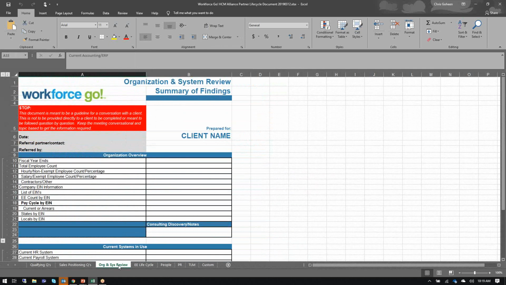So it's always good from an organizational aspect to understand what is their fiscal year end. Are there budgetary or year-end reporting requirements that they're going to have to know from a spending perspective that we need to keep in mind? What are their employee counts? What does that look like from an hourly, a salary, a contractor, or other perspective? It's very important to understand not only the total number of individuals that they have, but what is the landscape of those individuals? There are a lot of opportunities we run into with WFGO HCM where they have seasonal, temporary, contract